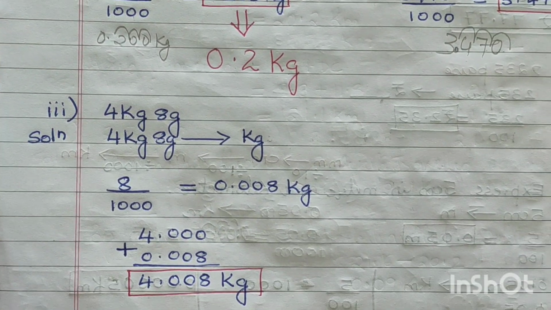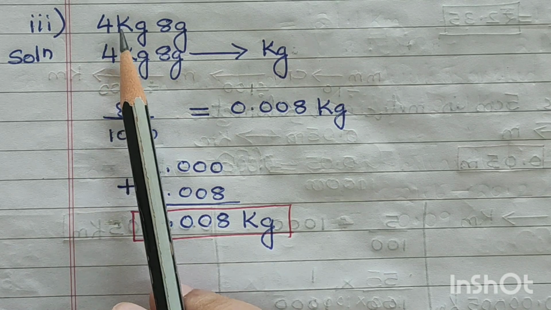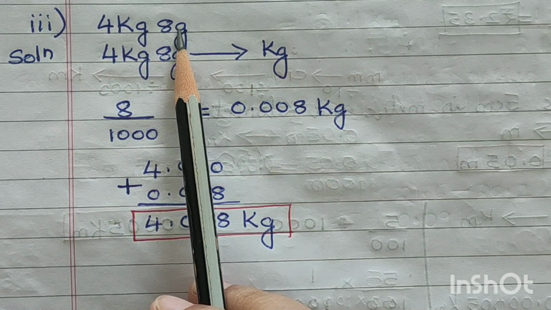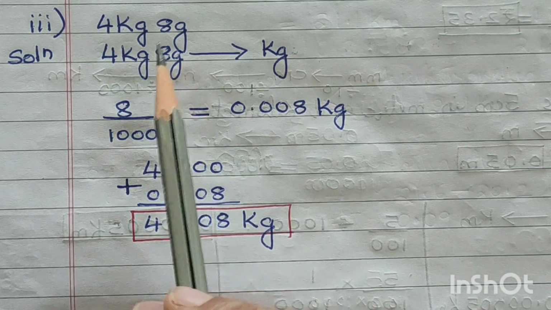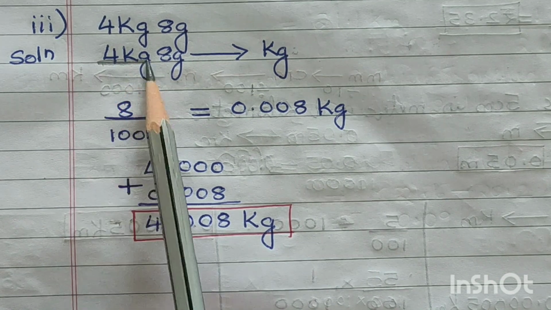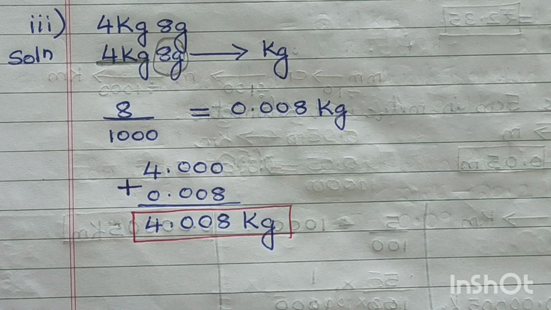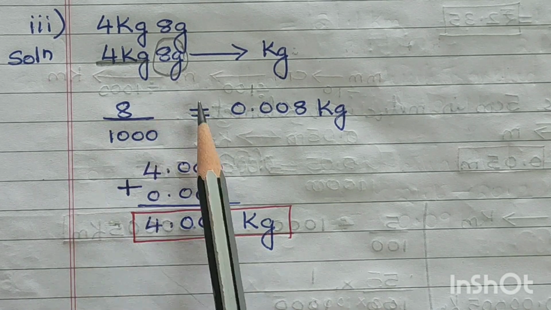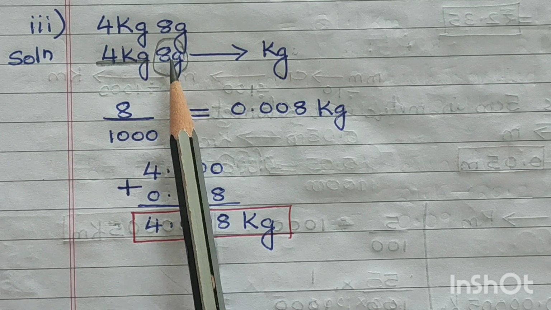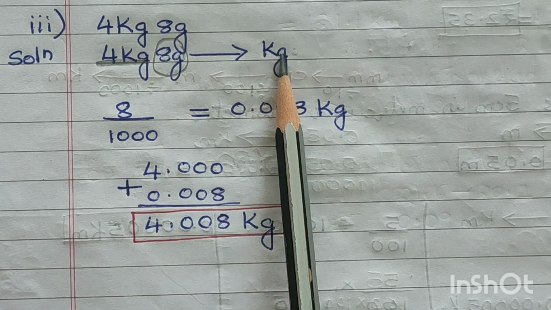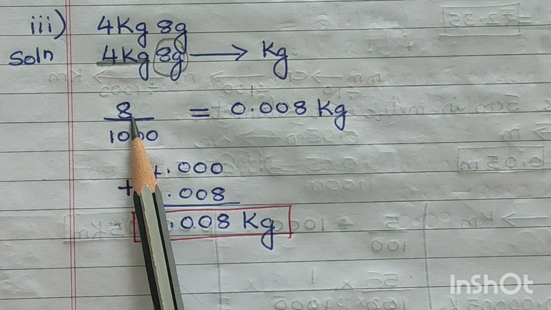And in the third part of it, now let's take this one, where we have to convert 4 kg 8 grams. Now 4 kg 8 grams have to be converted into kg. Now 4 is already in kg. We have to work on converting this part of it. It is as simple as that. Just concentrate, simple logic. 4 kg is already present. Only what you have to work with is 8 grams to convert into kg. So now only take that 8 grams and make it into kg.